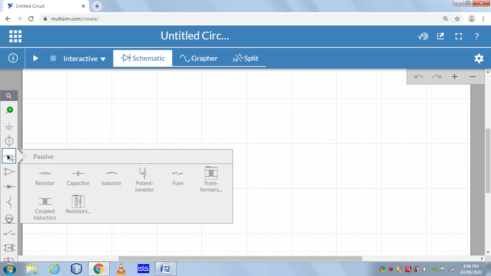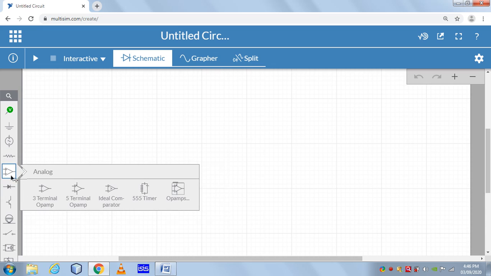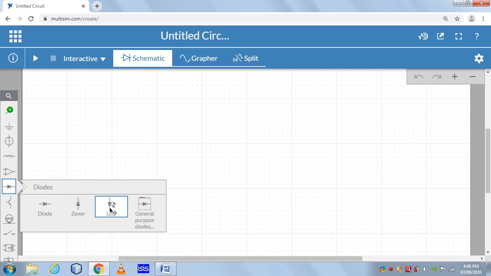Then some basic passive elements are available: resistor, capacitor, inductor, potentiometers, fuses, transformer, and coupled inductor. Then there are analog devices like op amp, 5 terminal op amp, ideal comparator, and 555. Then diodes: general diode, LED, and general purpose diodes.